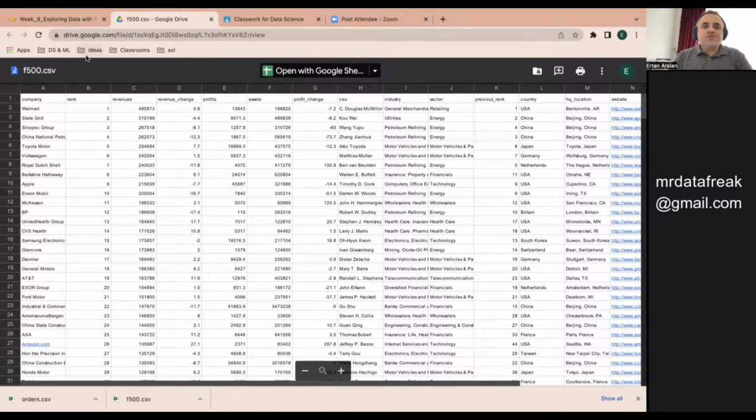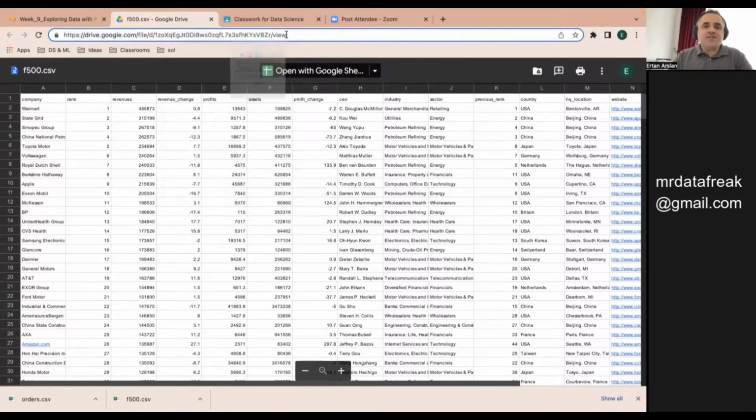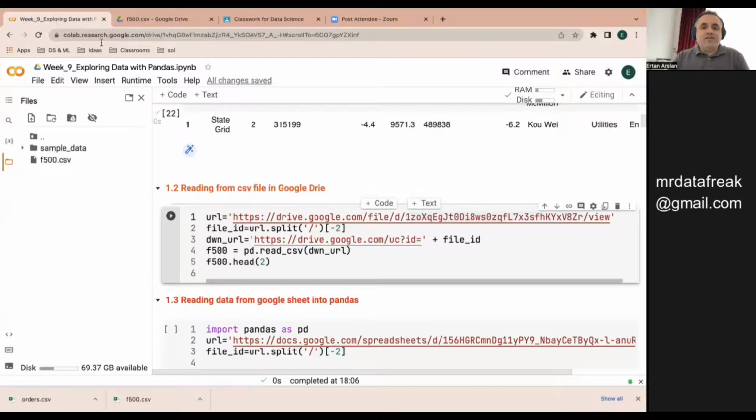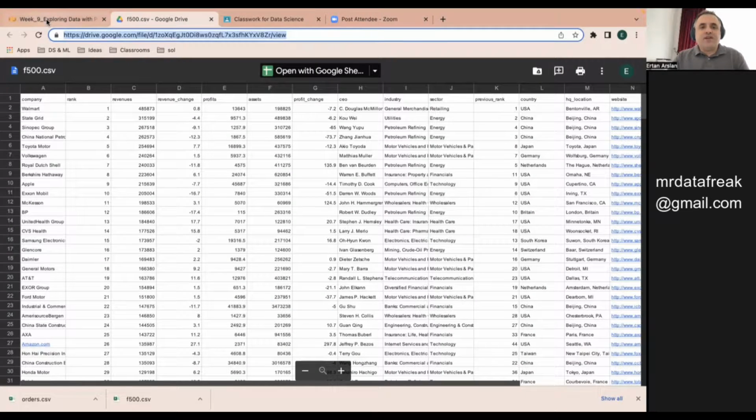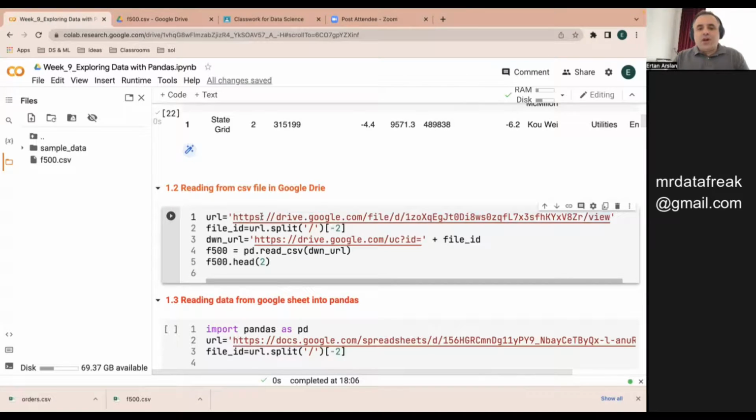If I want to read this data into my notebook, I'm going to get this URL, the address of this CSV file, and I'm going to put it here. In fact, I did it. This is the link of this file. So I put it here, and